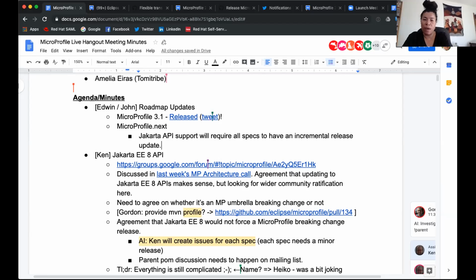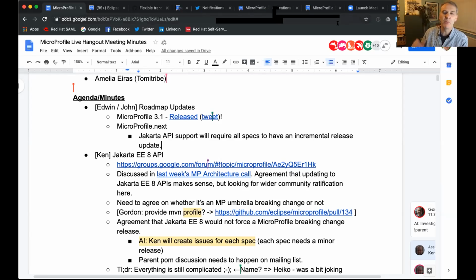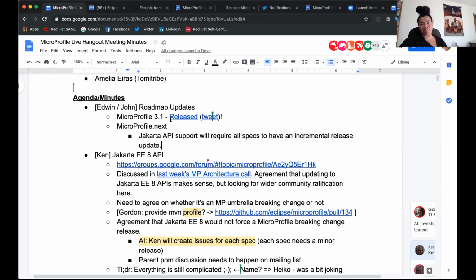How will that work when there are breaking changes in Jakarta EE9? Well, shall I? Because we guillotined the time to talk about this, I think. So would it be best for me to create a new thread in the discussion group, and then we can hammer it out there, or do you want to talk about it now? John, what do you think?